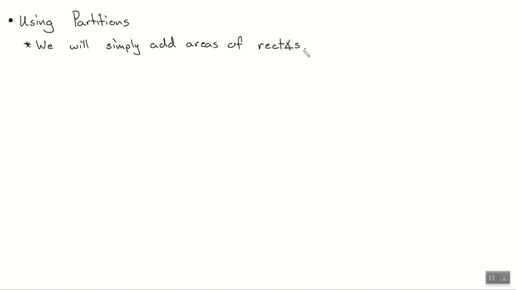Okay. Now, we will simply add areas of rectangles as long as, and there's a couple things that we need to be careful with these, and we'll make a few statements. So we're going to use partitions, we're going to cut intervals down, and we're going to make sense of it. So, 2 requirements. The first requirement that is needed to be able to do this nicely is we need the